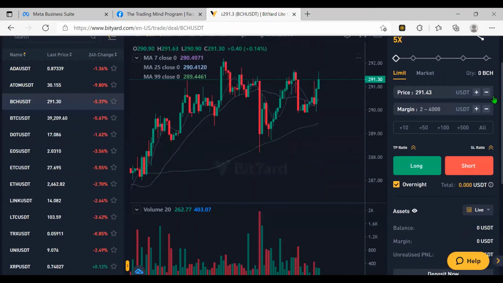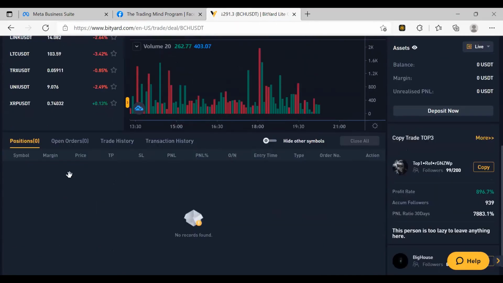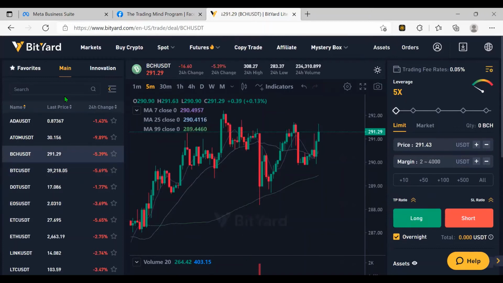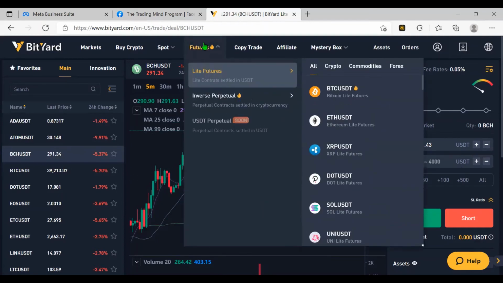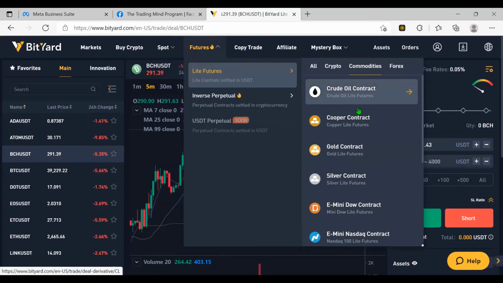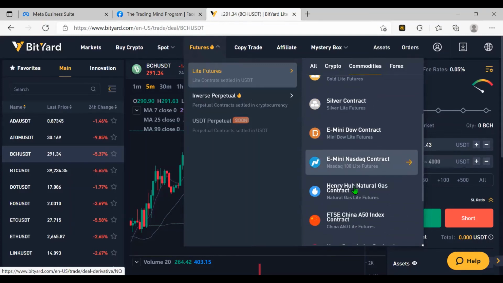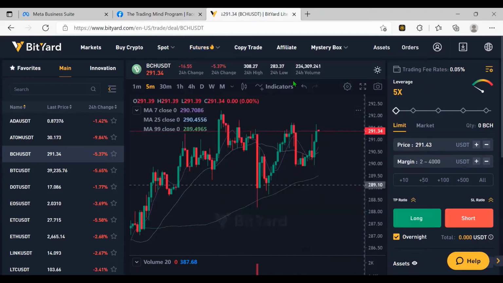So kapag nag-execute ka naman ng trade dito sa futures, makikita mo dito yung open orders mo. So trade history tsaka yung transaction history. So far, ganun lang yung kasimple ng interface ng BitYard. So hindi siya complicated. So kung gusto mo namang mag-trade ng other markets, you can also trade here commodities. So merong crude oil, merong copper contract, gold contract, silver contract, Dow contract, E-mini Dow, E-mini Nasdaq, and many more. So check mo lang dito yung mga available